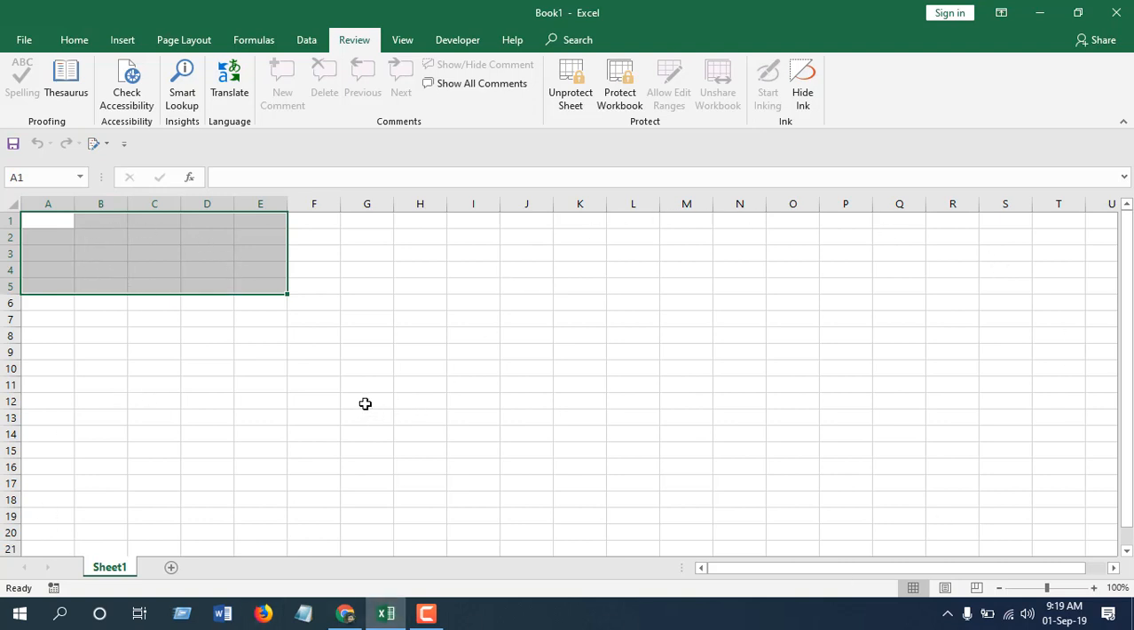Okay, let's check this out. So first, in cell A1, I can write, and in cell E5, I can write. So A1 and E5, I can write in them. Okay, so if I click on F1,